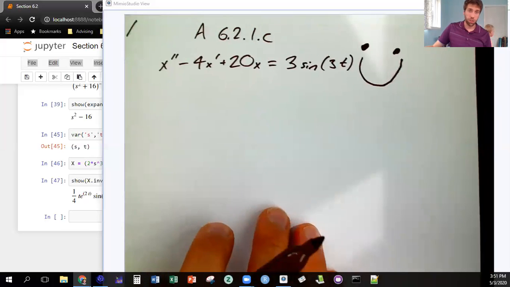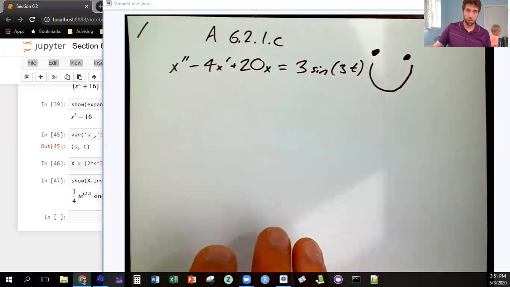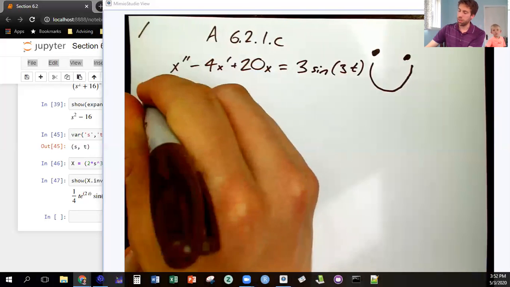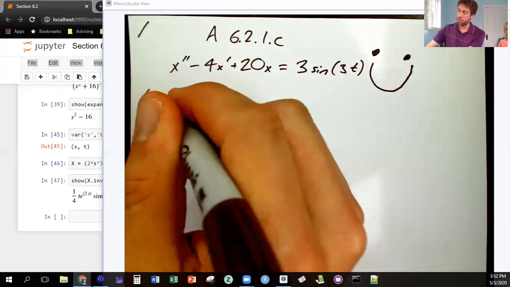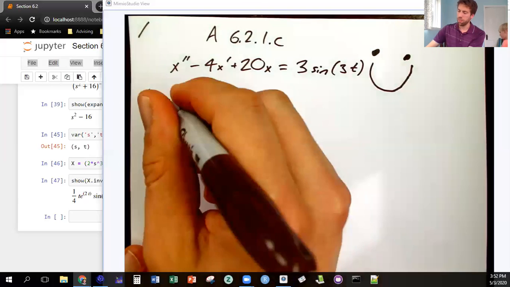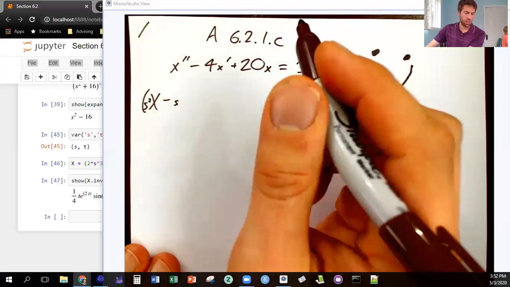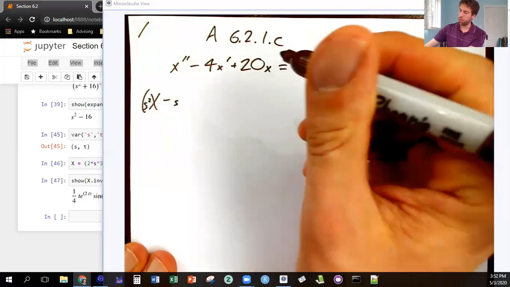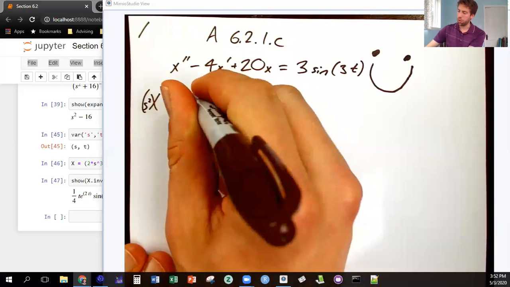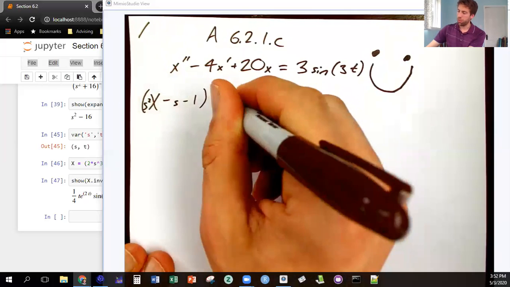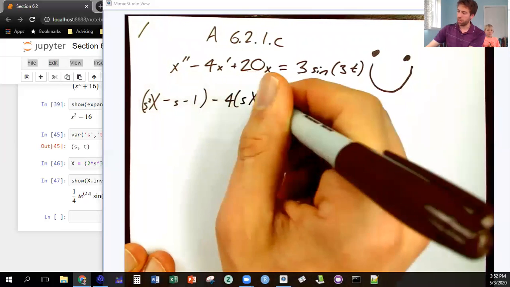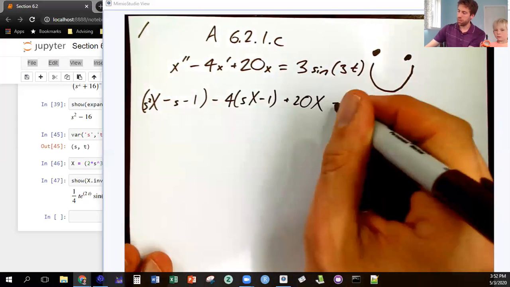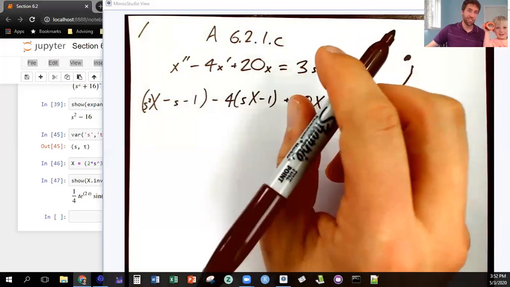All right, so what we're going to do is take the Laplace transform of both sides. So this turns into capital X minus s squared X minus x times, and then here I've got x of 0 is 1, x prime of 0 is 1, so minus s minus 1, minus 4 times sX minus 1, plus 20X equals,